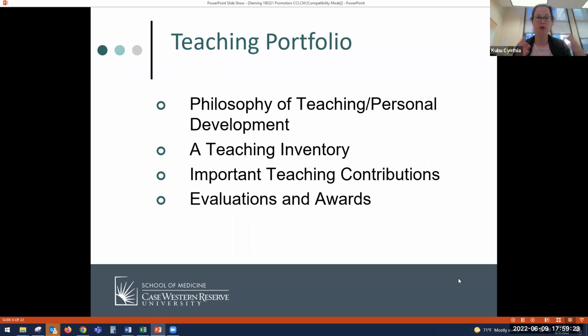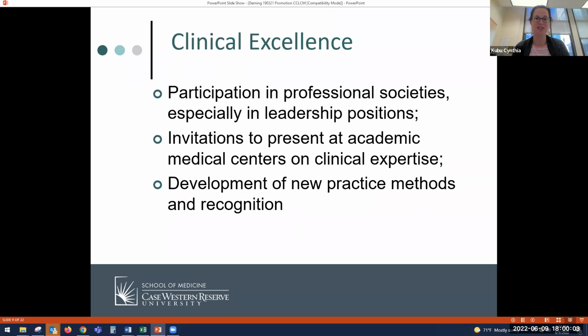Okay, so I went over this a little bit. These are the pieces. Again, we have workshops and recorded sessions about how to put together a teaching portfolio. I also would like to say that we have an academy of educators in which a teaching portfolio is the application. This is a wonderful step that can get you into a group of educators, and they work with you on this. It is recognizing teaching contributions to our Case community. It's a similar format, but there are different standards for acceptance into that academy, but it's a really nice place to start. So if you could go to the next slide.